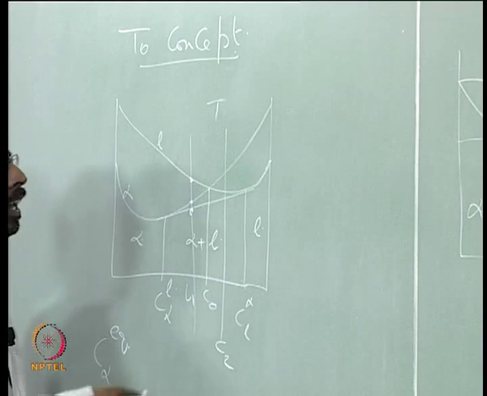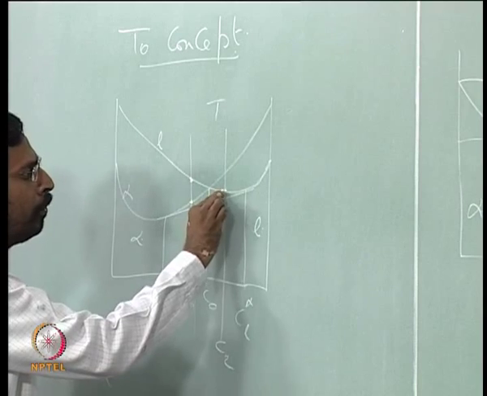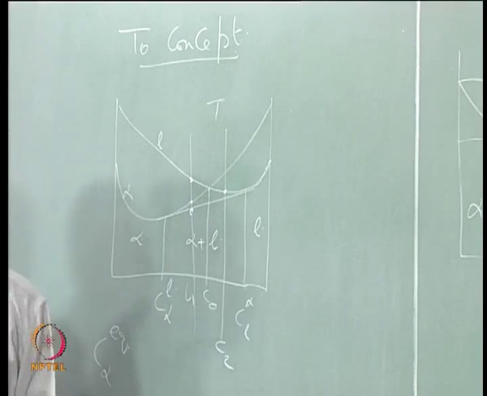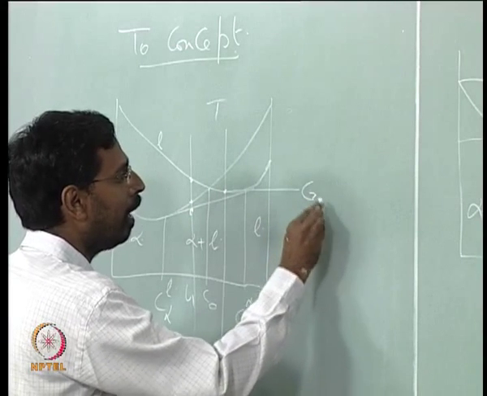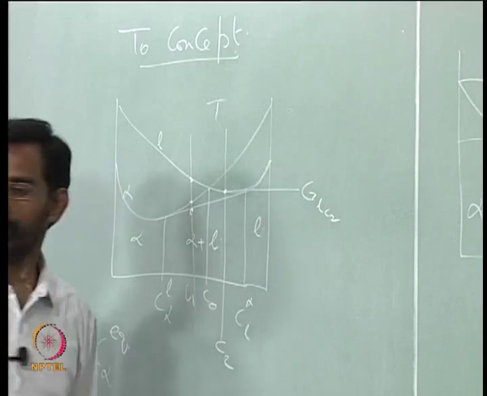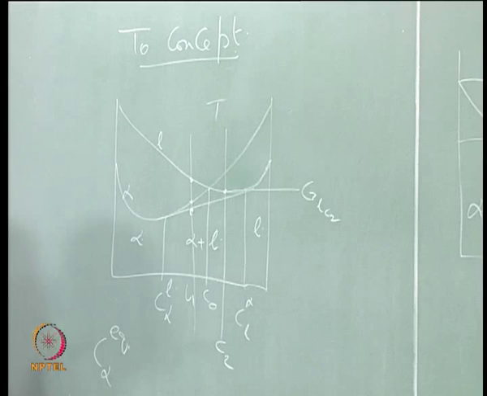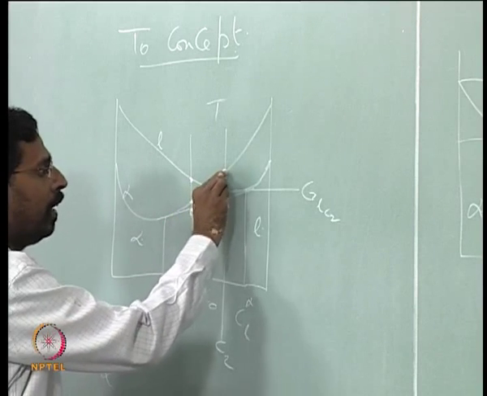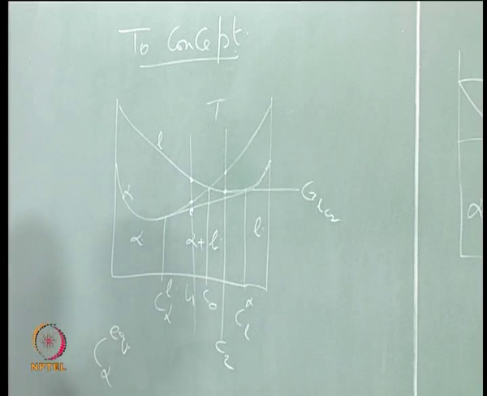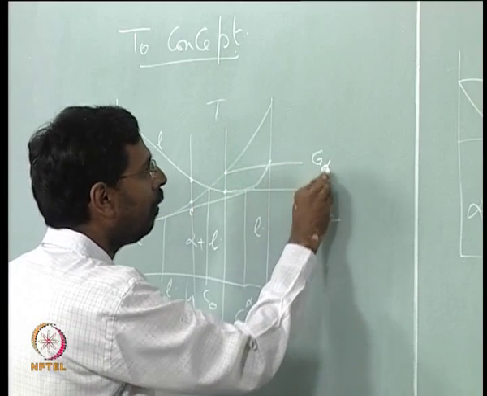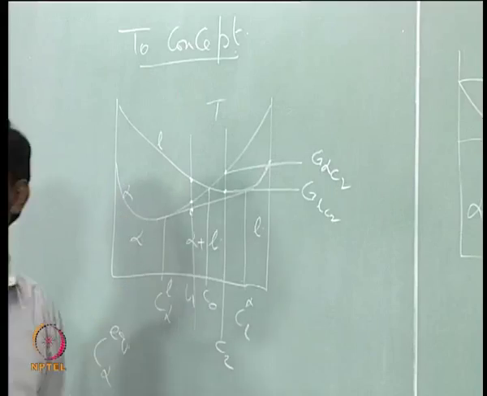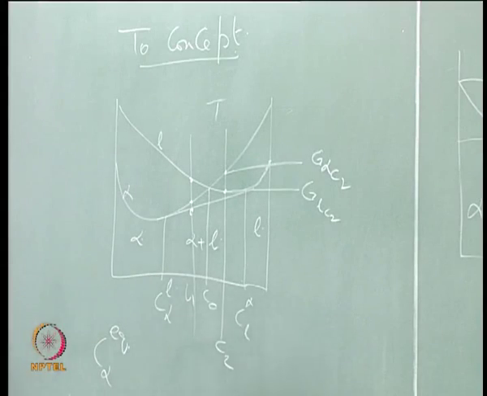So, let us try to see if we take up a C2 composition. I can clearly see the liquid of C2 composition has this free energy. This I would call G of liquid of C2 composition, am I right? And if it has to transform to alpha of the same composition, it is not possible, because G of alpha of C2 composition is higher than that of the liquid. So, there is no chance for the liquid to spontaneously transform.